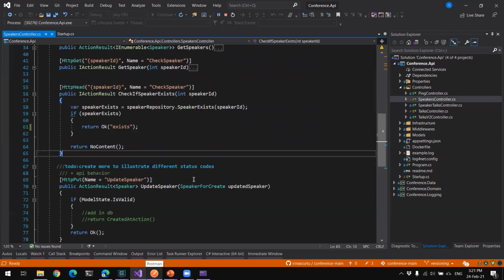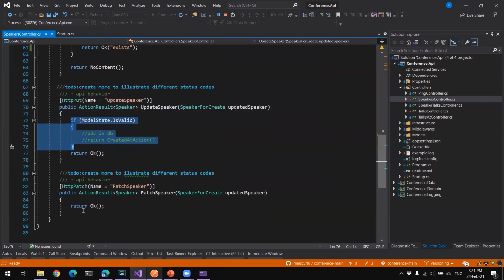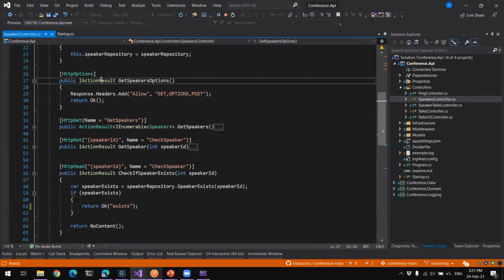Okay. So I won't talk about HTTP PUT because it's pretty much the same behavior, but you just add the verb in there and the logic is up to you. Okay, let's see. Options. We can't ignore this verb.